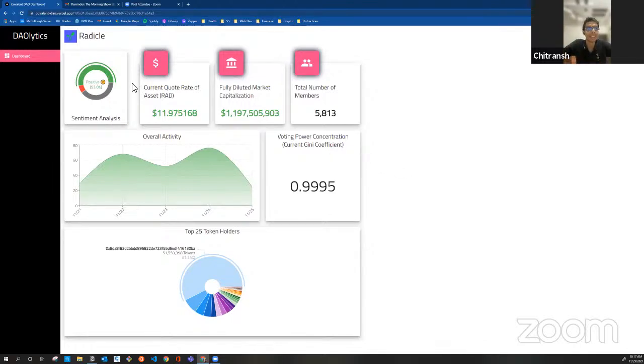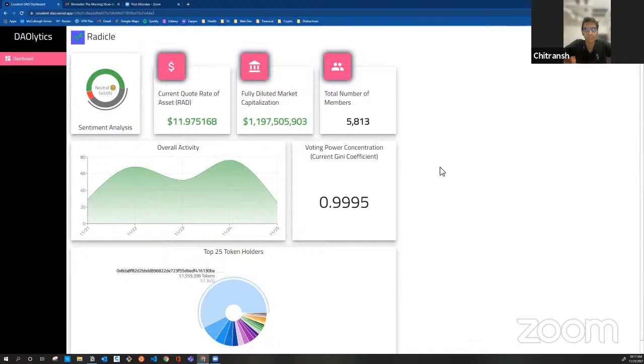I've already started working on improving it, and I have incorporated a couple of keywords that we can use right now. So that was the sentiment analysis.